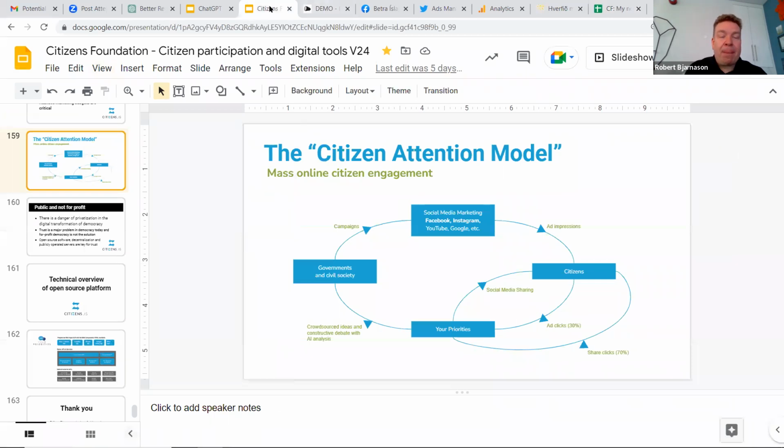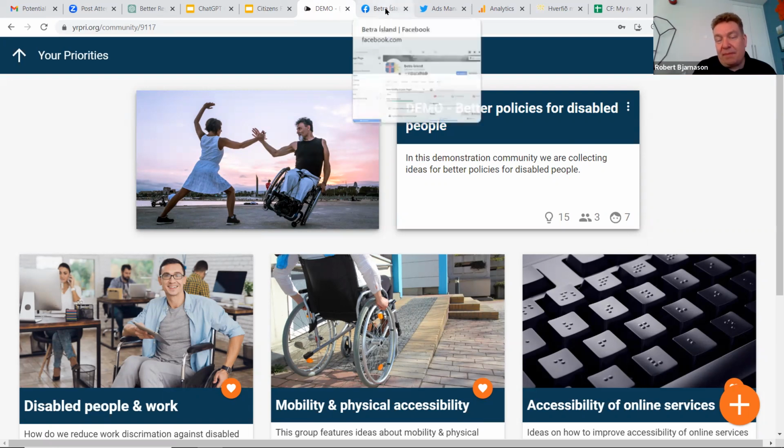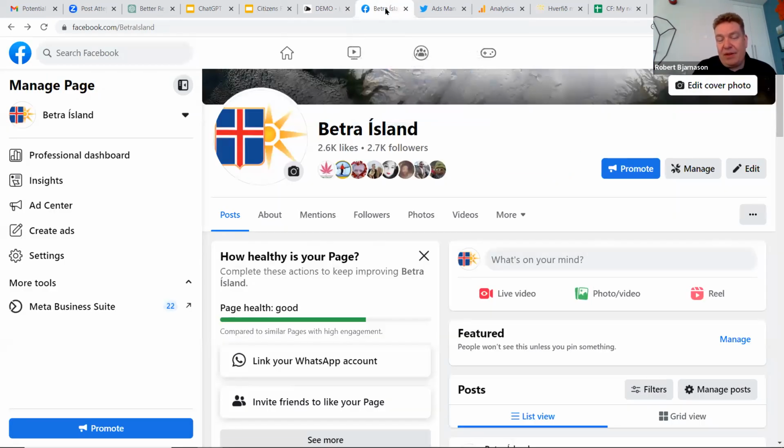So for our demo, if we wanted to promote this project here, we'll go into a bit more detail on exactly how we would do that in a little bit. But let me first show you a little bit about the social media sharing economy.